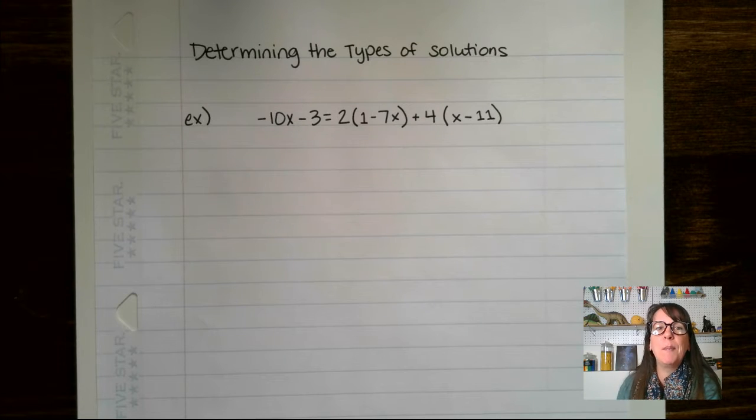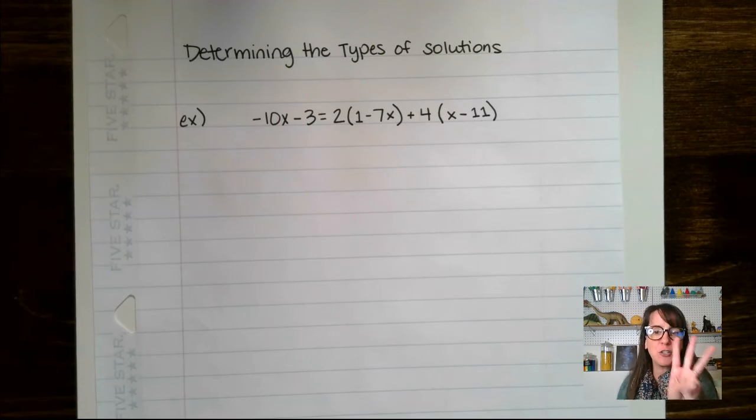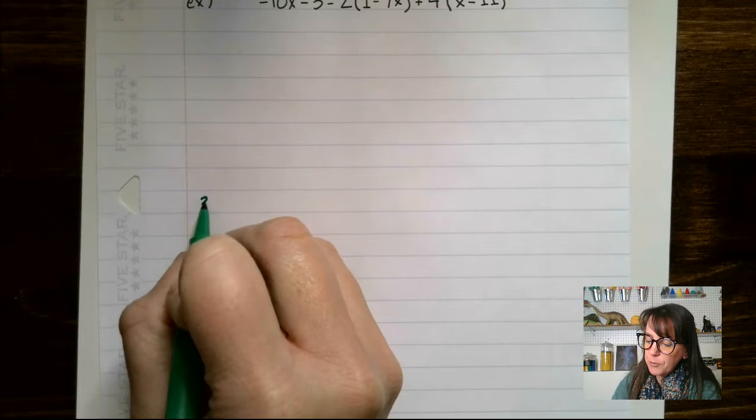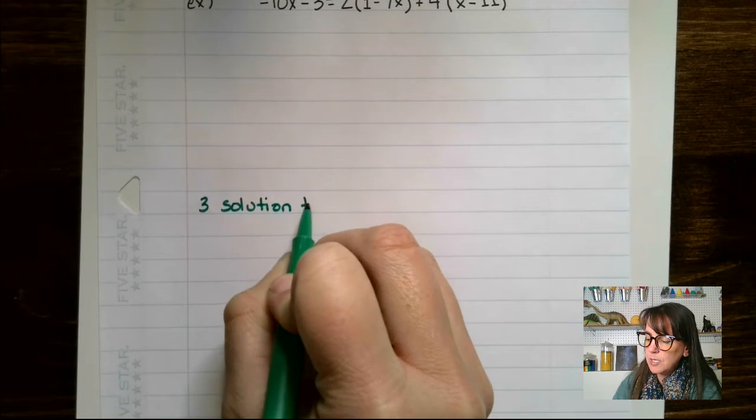We're going to talk today about determining the type of solutions that we have when we're solving for equations. And remember, equations have an equal sign here. There are actually three types of solutions. I'm going to make a note of that down here. Our three solution types are going to be